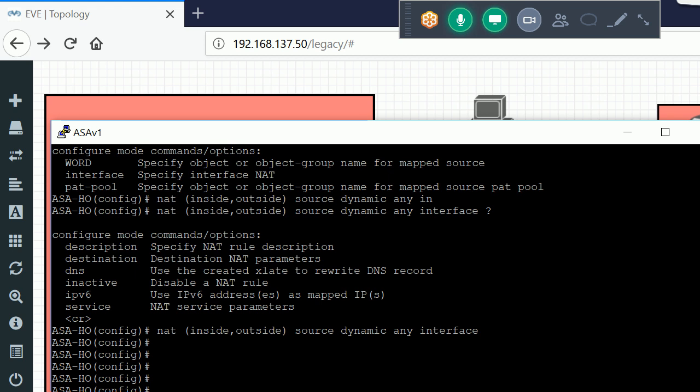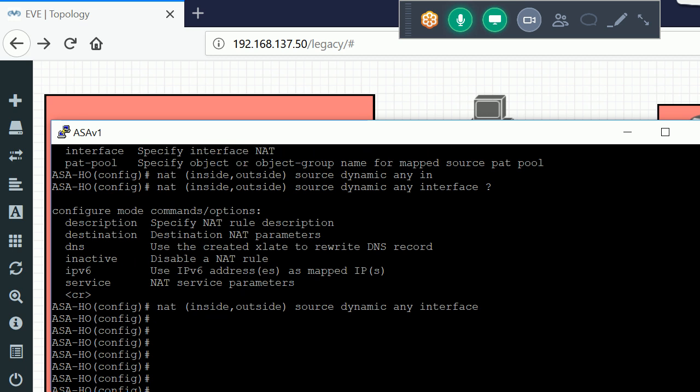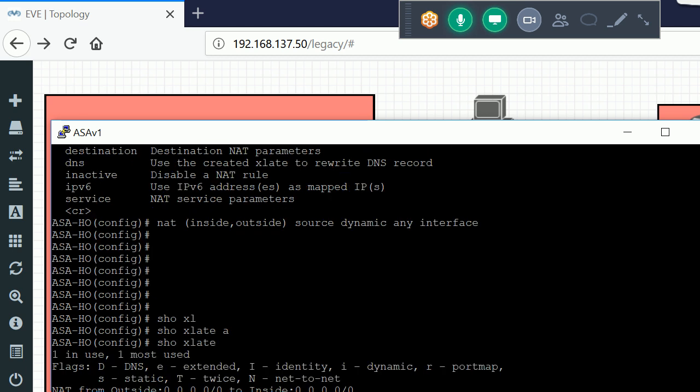So let me also verify. Let me run this command, show xlate. So for now I have this thing here.